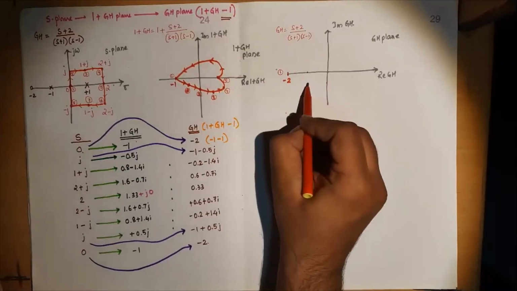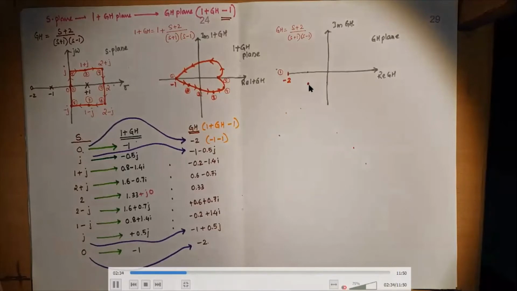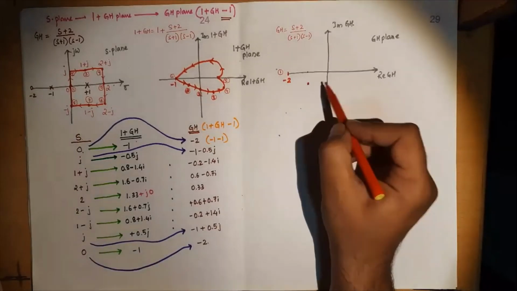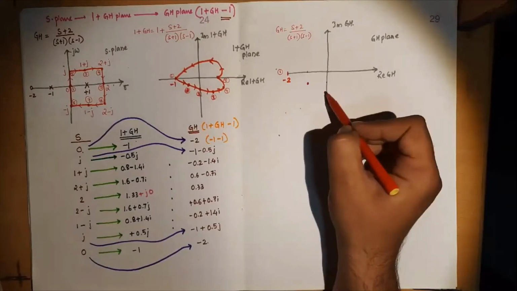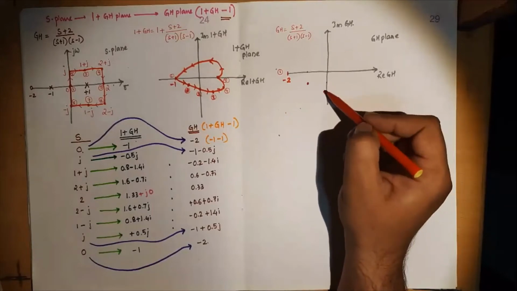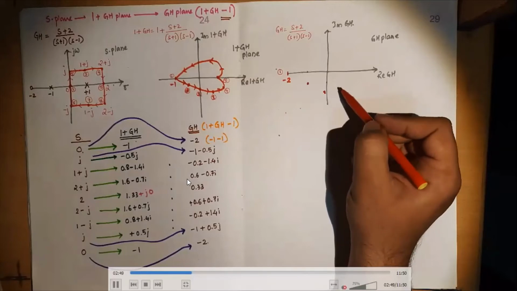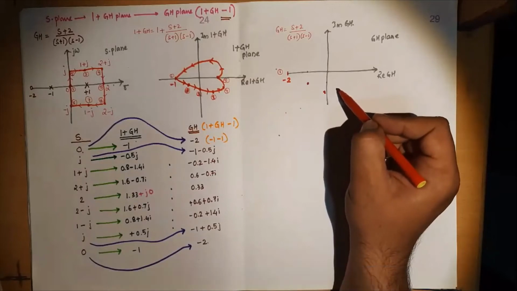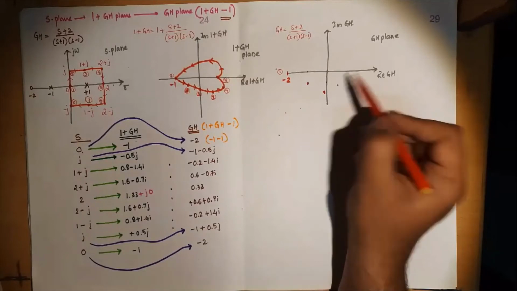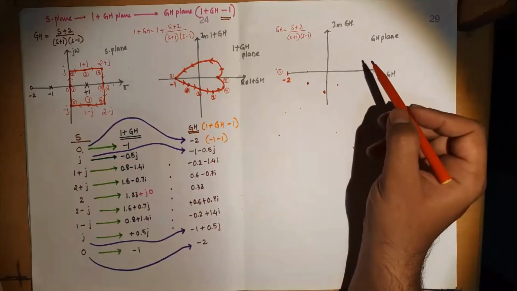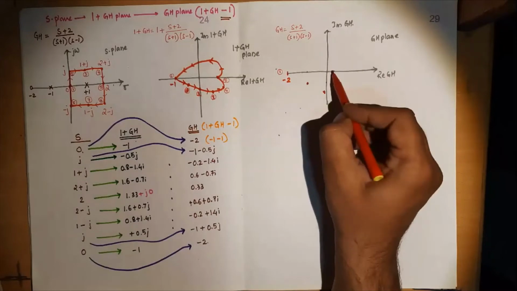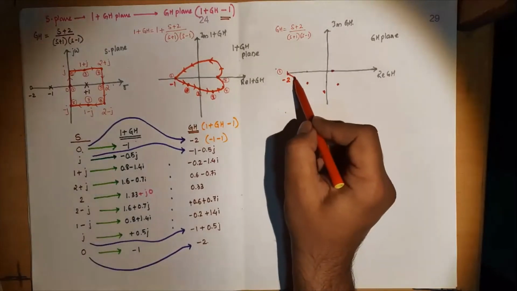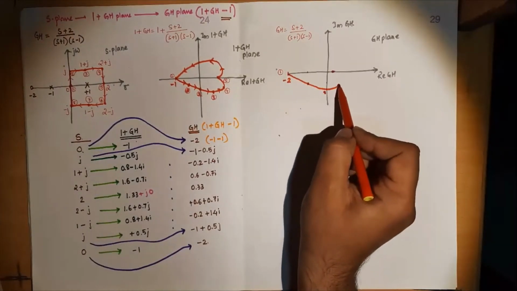Then we have the second point, minus 1, minus 0.5, approximately here in the third quadrant. Then minus 0.2, minus 1.4i, in the third quadrant again. Then plus 0.6, minus 0.7i in the fourth quadrant, approximately somewhere here. So I'm making some approximation. And the last one is the real value 0.33 on the real axis. So if you join all the points here,